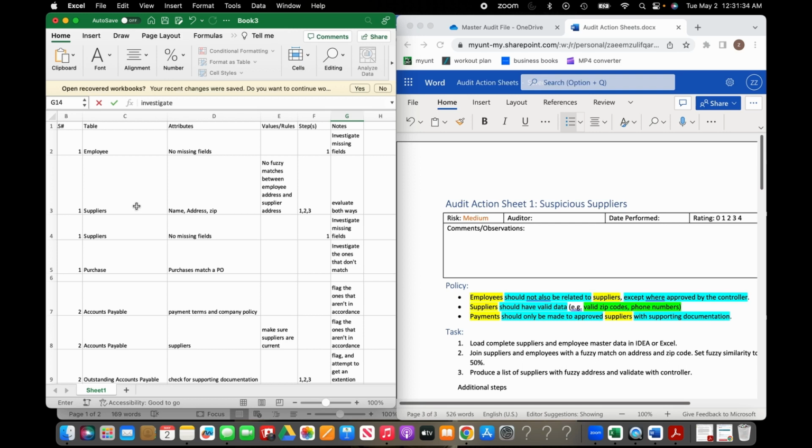For suppliers, kind of like what we did before, you want to make sure there are no fuzzy matches between the name, address, and zip, which we did in a previous lab. And that kind of encompasses all three of these rules. And if there is, you want to evaluate the match both ways, not just one of the ways. And then just like for employees, for suppliers, you want to make sure there are no missing fields. And for the purchases, of course, you want to make sure the purchases match PO. And this is for audit action sheet 1, suspicious